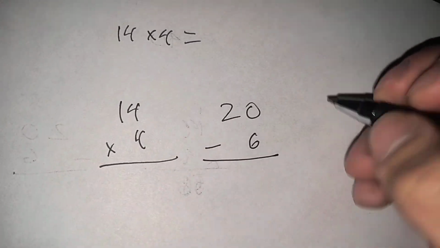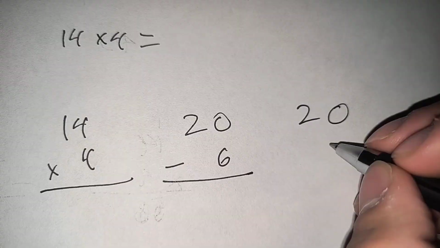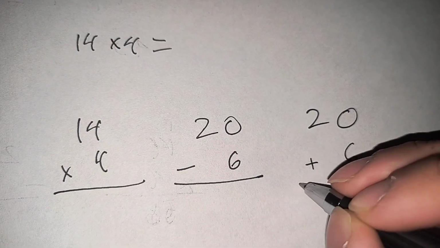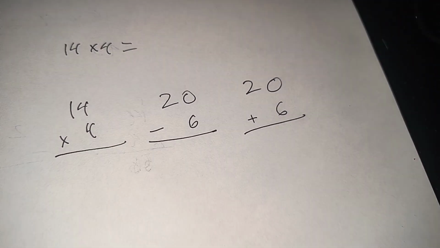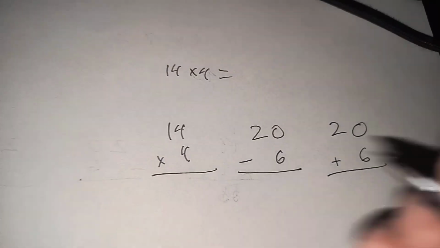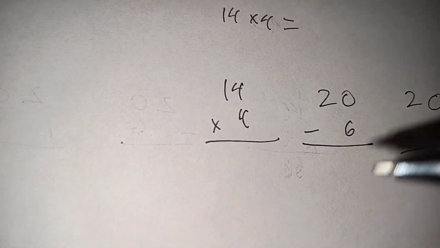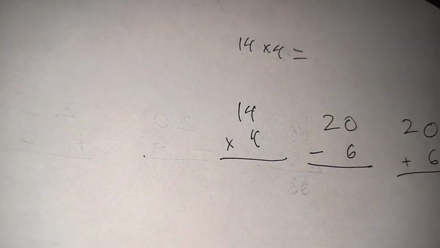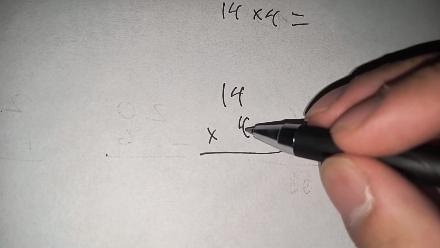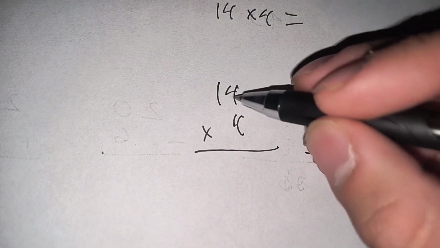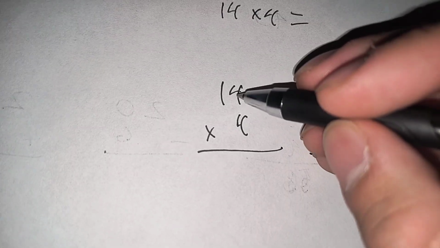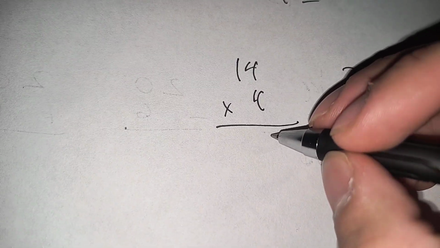This is how we do subtraction. This is how we write it down. This is how we do addition. This is how we write it down. Right? Write it down like this. So whenever I'm doing my standard algorithm multiplication, which is just taking the partial products and then adding them up, we multiply 4 times the ones place. So 4 times 4, which is